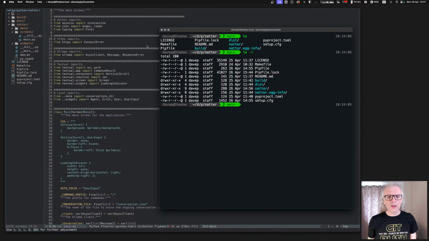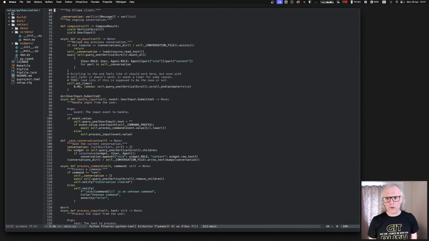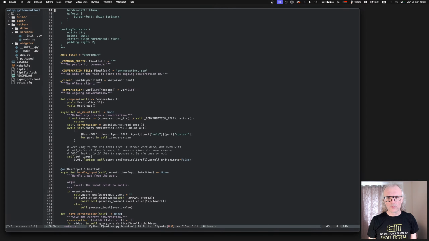When I streamed working on this a couple of days back, I added a thing where it would save your conversation and then reload it when you started up, so you could carry on having the same conversation. At the moment, it's a single conversation client. It doesn't let you save multiple conversations and switch backwards and forwards between them. That will come. I'm just building this up. As I say, it's a bit of a doodle project.